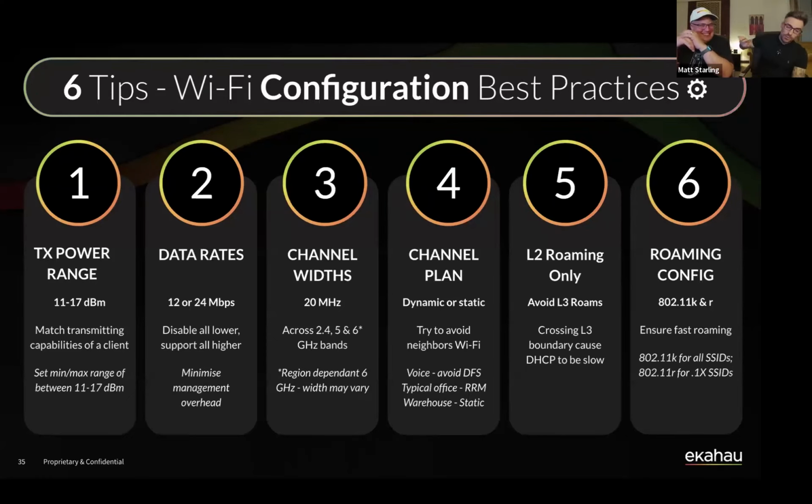So Stu could probably go with 80 megahertz wide channels in Canada and have no issues with channel interference at all. However, me over in Europe and in the UK, we would probably go with 20 or 40. It really depends on how many access points we've got.